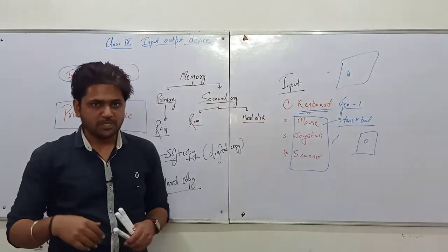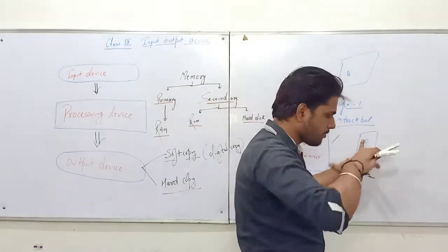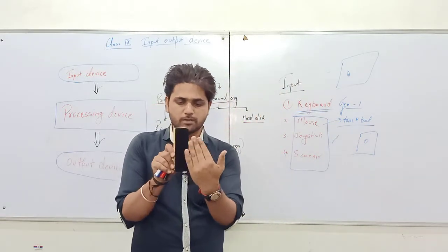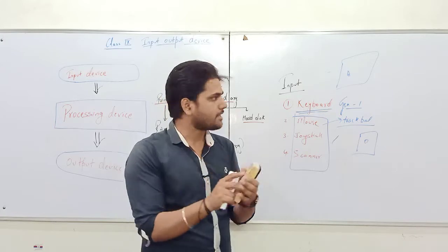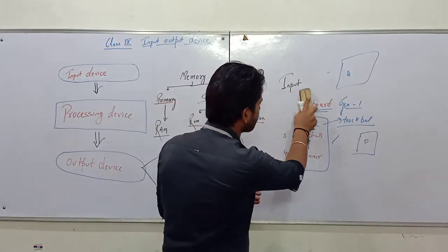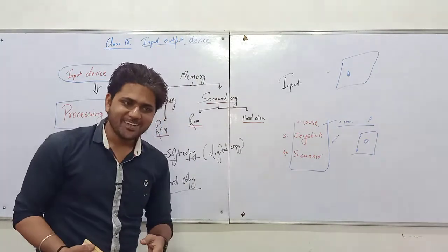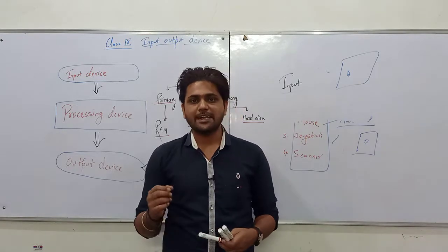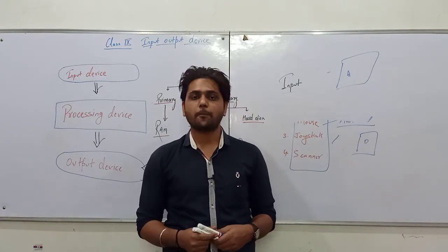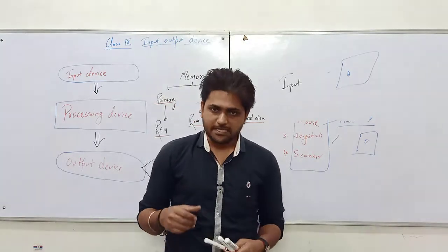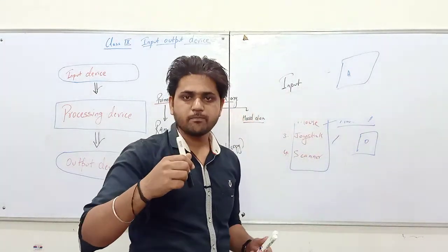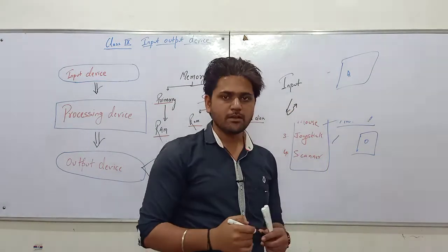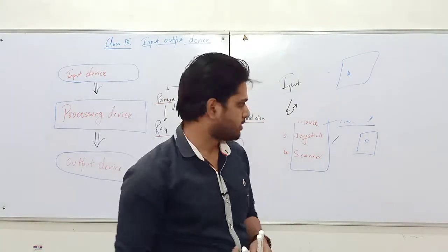Then the mechanism was changed and this ball-like structure went below. Let's suppose this is the upper portion of the mouse and this is the below side. Later on, that trackball-like structure went away, and people used to move the mouse like this. And then, moving further, we got an infrared or light type structure. Nowadays, it is also known as an optical mouse, or we can say digital mouse, in which a light is used to pass, and with the help of reflection, the data is detected by the user.